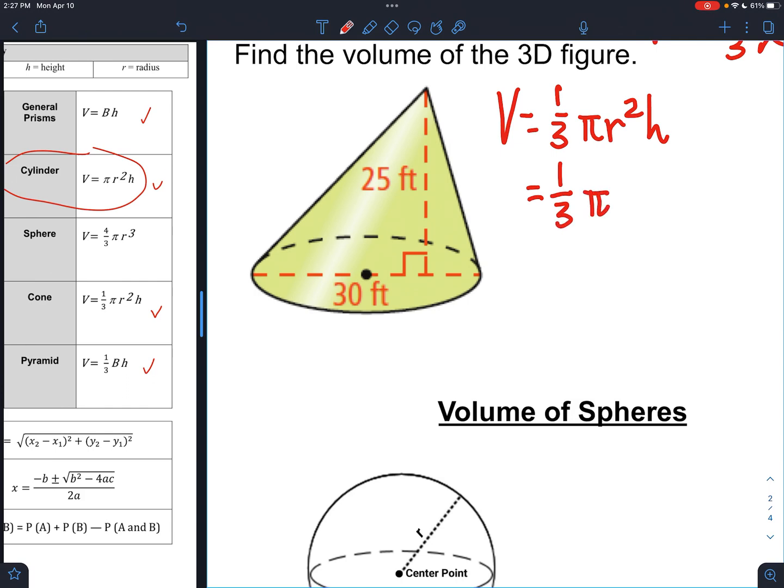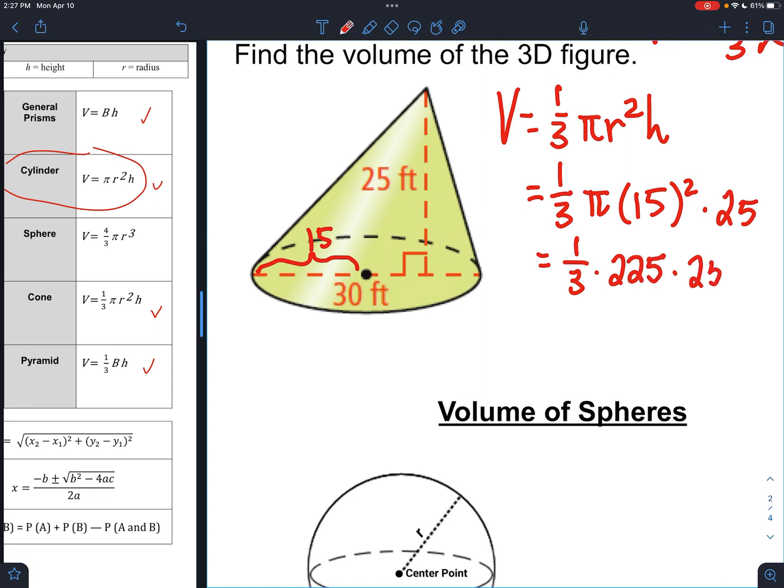So R is not 30. It's this length, which is 15. And what do you think the height is of the cone? It's the height. The height's from the base all the way to the top point. Okay, which is 25. Okay, and this is going to end up being 1/3 times 15 squared times 25 times pi. And all that stuff multiplied together